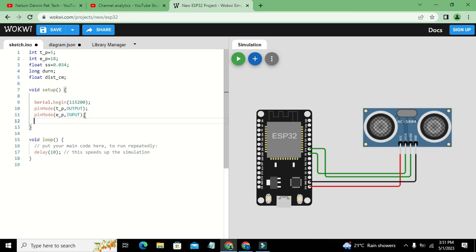Output and input, t_p, e_p. Now our one pin, that is pin number 5, has been declared as output. You can directly write 5 as well, and e_p is declared as input pin. So now, in the loop function, which is used to execute again and again,